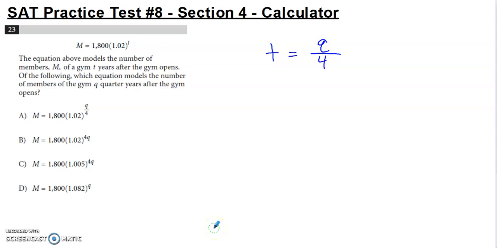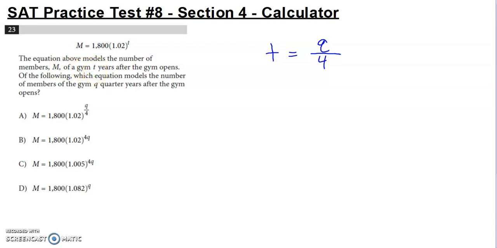So in this video we will talk about some more problems from the SAT practice test number 8, section 4, calculator questions here, and we'll kick it off with 23. In 23 they present us with this equation. They tell us that the equation models the number of members M of a gym T years after the gym